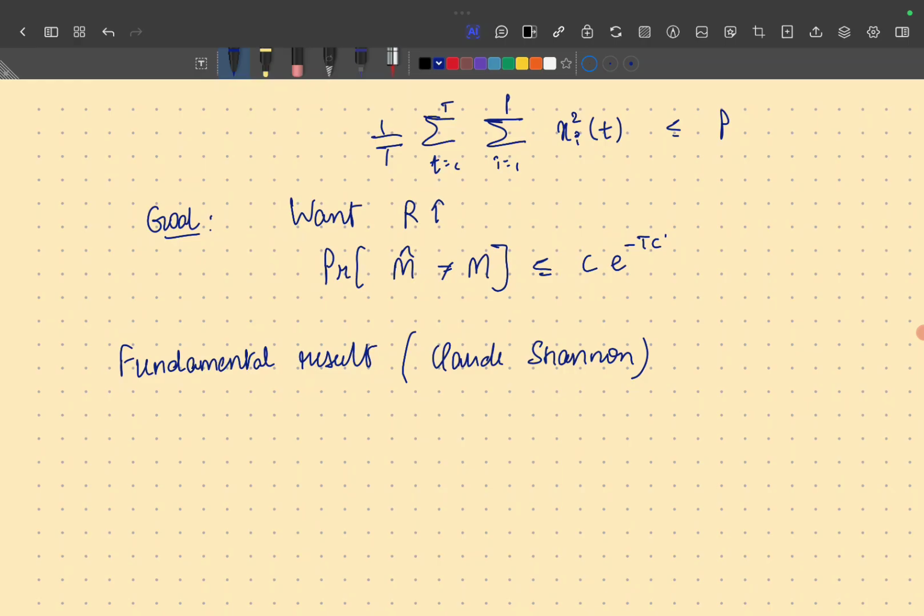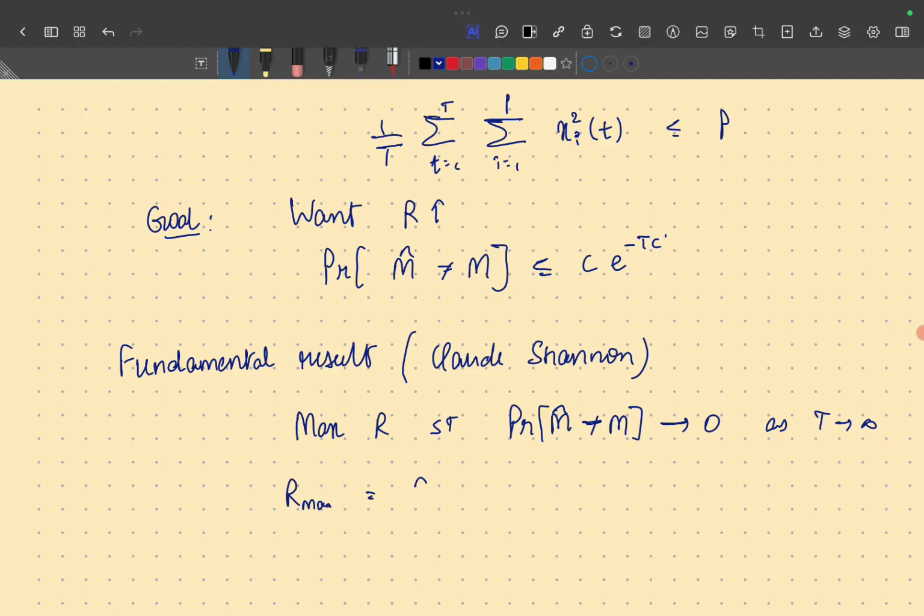That in fact you can achieve this, you can have a probability of error that is arbitrarily small, but you can't make R arbitrarily large. There's a limit to how large R can be, and the maximum R such that probability of m hat not equal to m goes to 0 as t tends to infinity,